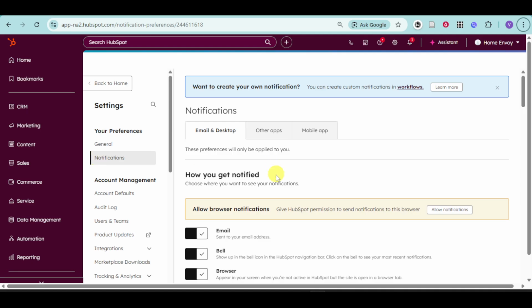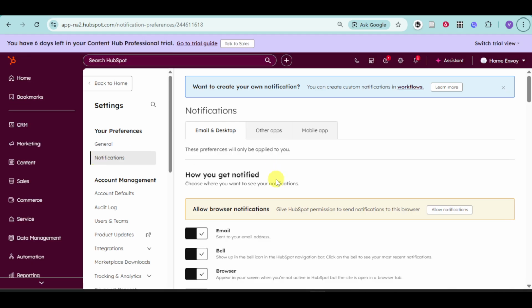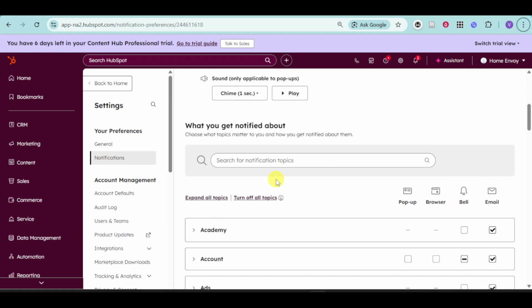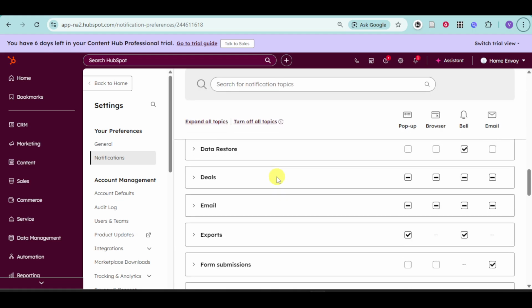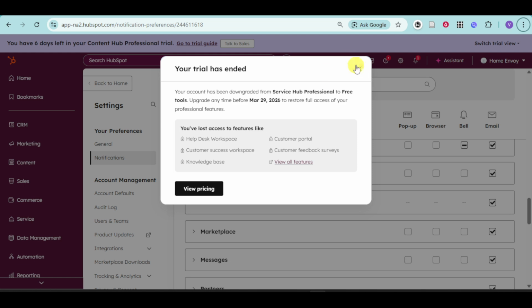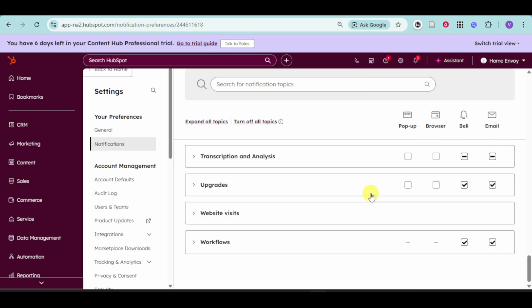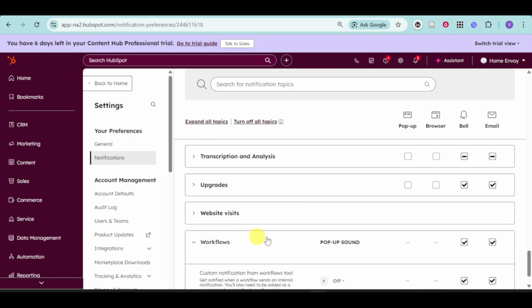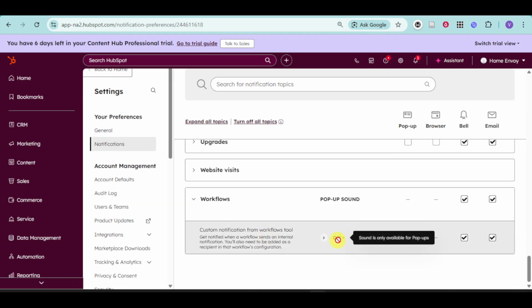Now, when you're in here, you can see all of this. So what we can do is we just need to locate the workflow option so you can get notified for that case. So continue scrolling down until you find it. Here is workflow. So for this case, you can enable this in order to actually enable custom notification from workflow